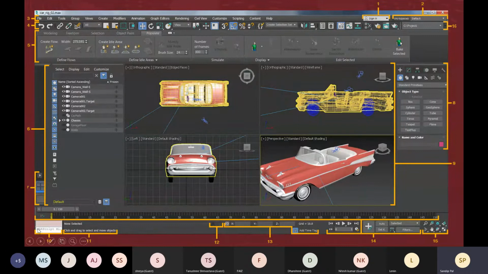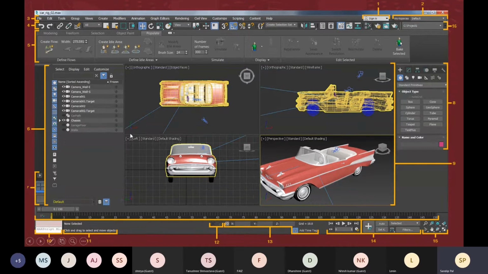All right, next, this option 10 is called the MAXScript Mini Listener. With this MAXScript Mini Listener, you can also perform your task. For that you have to write a script, and in this menu bar you see this scripting option is there.